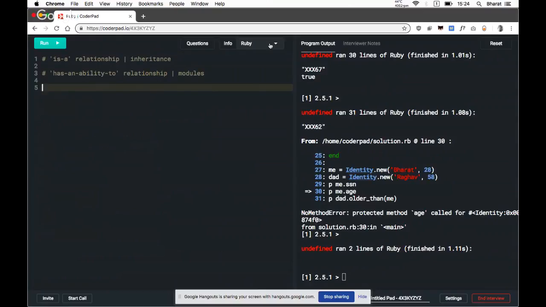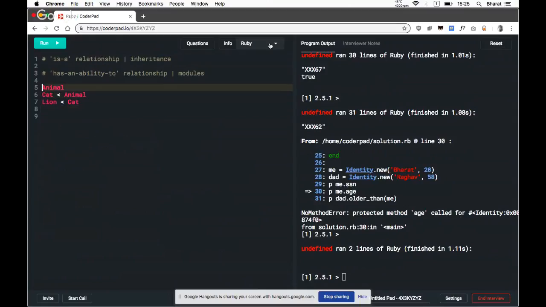Modules play two roles. If we have an animal, we have cat is an animal, and lion is a cat. All of these are hierarchical. You can have only one superclass, so it's single inheritance.